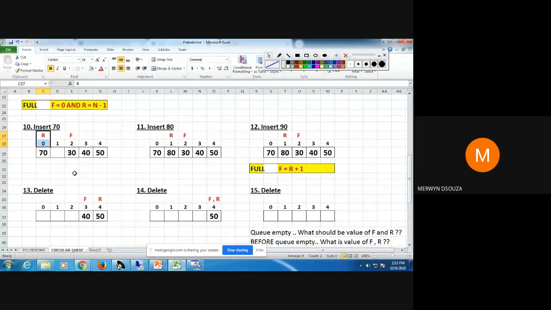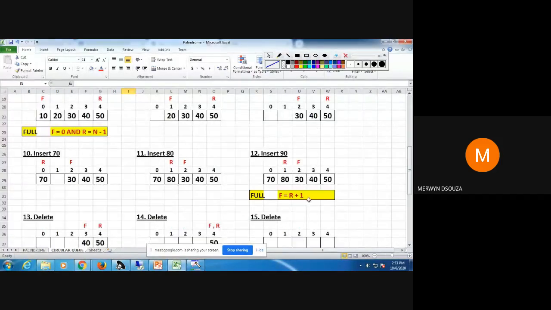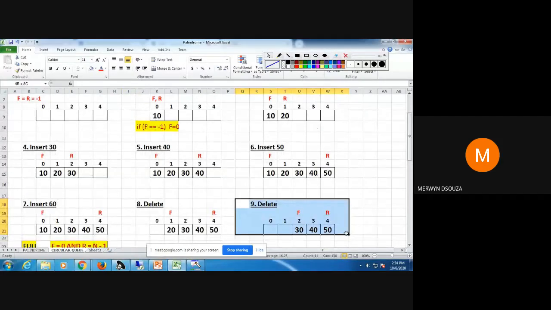Okay. So this was not possible in linear queues. In linear queues, we did not have this mod n in our increment. We had just rear equal to rear plus 1. So when we would get to this situation in step 9 and you told me to insert in a linear queue, we would not be able to, because we had reached the end of the queue.